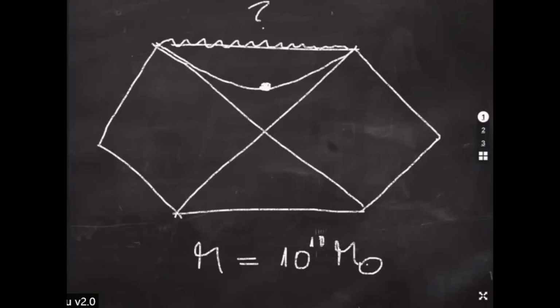But let's go back to what I wanted to mention. If you have a black hole of 10 to the 10 solar masses, it's going to take you, a human being, probably 10 to the 4 seconds. Okay, maybe I'm wrong. I have to check that. 10 to the 4 seconds to reach the singularity from the moment in which you have crossed the event horizon. So all of that is going to take you 10 to the 4 seconds.